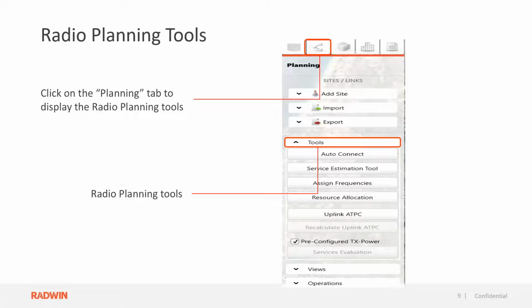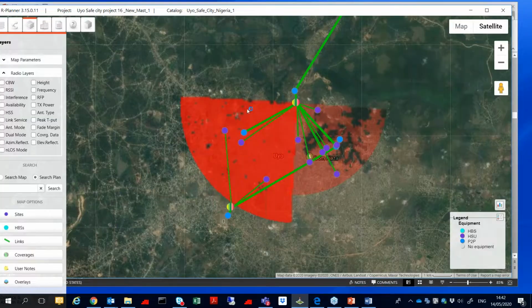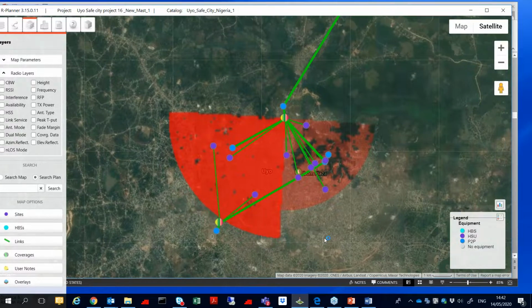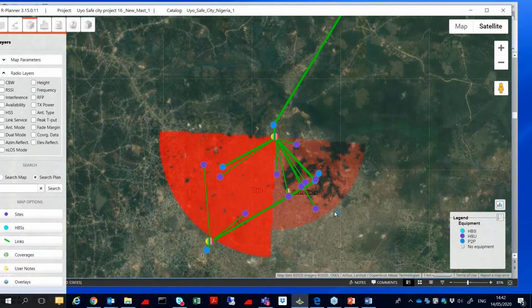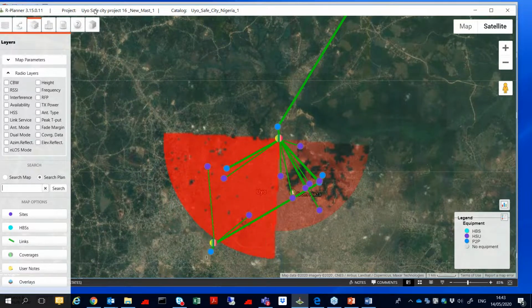So assigning frequency is very important. That is why when I do the coverage, I color the sector. Here, for example, sector 1 is turning to the east and sector 2 to the west. So it's F1 and F2. But if there is a back-to-back situation like this, let's close this